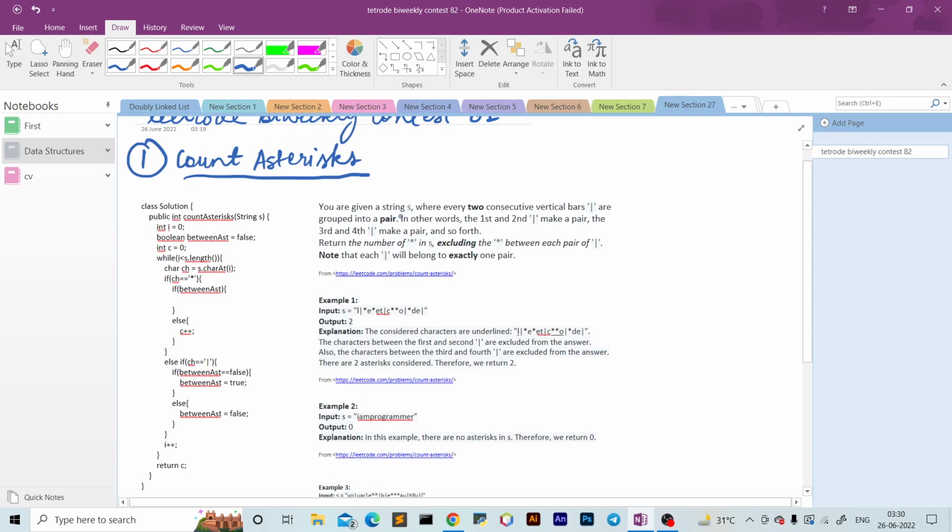we are given a string s where every two consecutive vertical bars are grouped into a pair. So basically, for example, this and this bar are grouped into a pair, and here this and this, so these both are grouped into a pair. And also in the constraints it is given that there are an even number of bars. Now we want to return the number of asterisks in s, excluding the asterisks in between each pair of